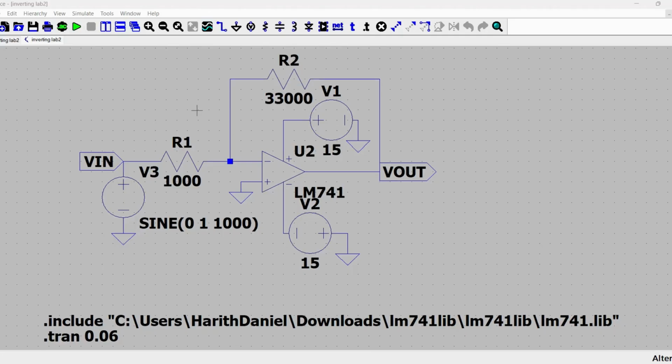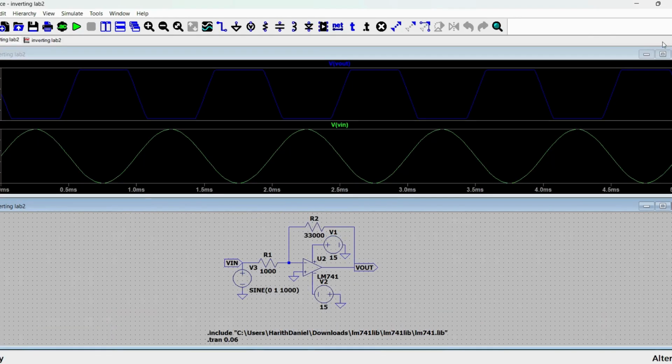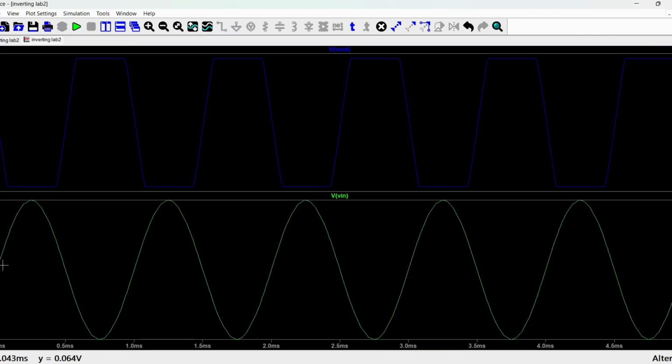So this is an inverting amplifier circuit consisting of an LM741 connected to Vin of 1 VPP at 1 kHz frequency at the negative input, and the positive input is connected to ground, and the Vout has a feedback resistor of 33 kilo ohm. When I simulated the circuit, I found that when the input is in positive phase, the output is in negative phase. When the input is in negative phase, the output is in positive phase. This shows the output is inverted,